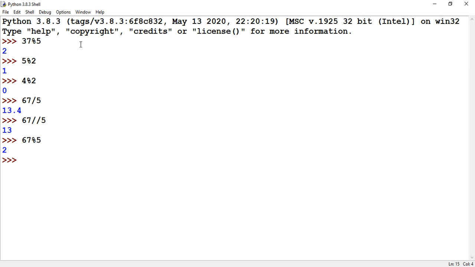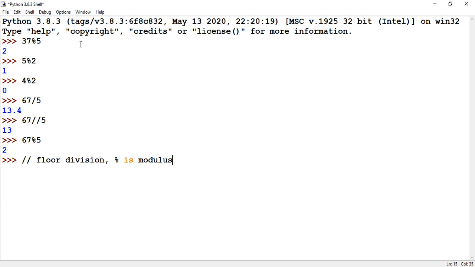This comes in handy when you are solving big problems like finding whether a number is even or odd, or whether a number is divisible by some other number. In some other cases you will find this useful, the percent operator and the double slash operator. The double slash operator is called the floor division operator, and the percent is called the modulus operator.